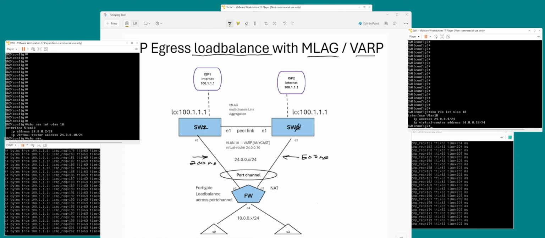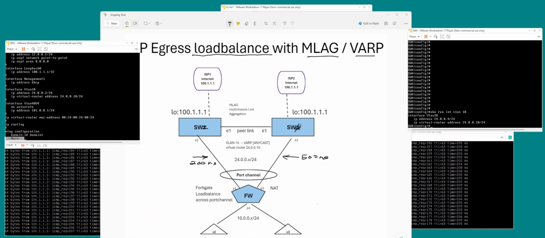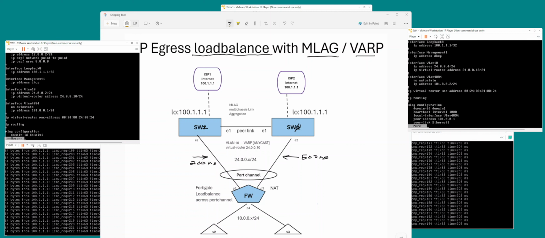You just need one more command to activate VARP, and that is this guy, IP virtual router MAC address. You configure the MAC address on both switches. Here it is. IP virtual router MAC address on the global command, and IP virtual router address on the interface. And that's your VARP. That's it. And it load balances. So it's pretty neat